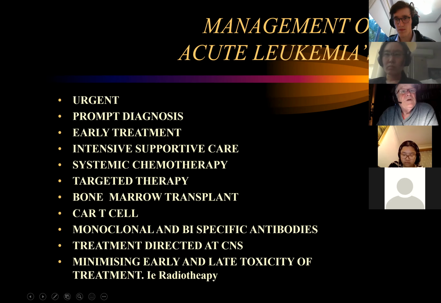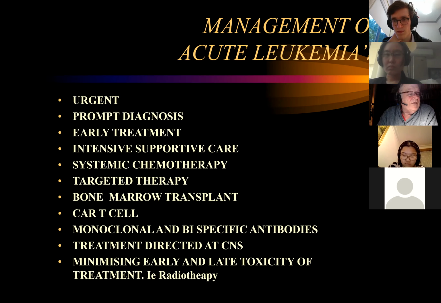There are special issues with leukemia with the central nervous system. ALL in particular, but also AML has a propensity to involve the meninges. And most of the traditional chemotherapy drugs do not penetrate the blood-brain barrier. So you've either got to inject drugs into the spinal fluid by a lumbar puncture, give them radiation, or you've got to give drugs like methotrexate at 100 times the normal dose and then rescue them to get the drugs into the CNS. So the treatment of the CNS is a big issue, particularly in children, because radiotherapy to